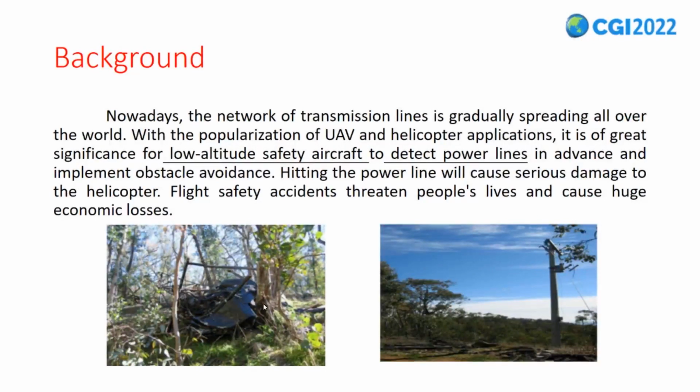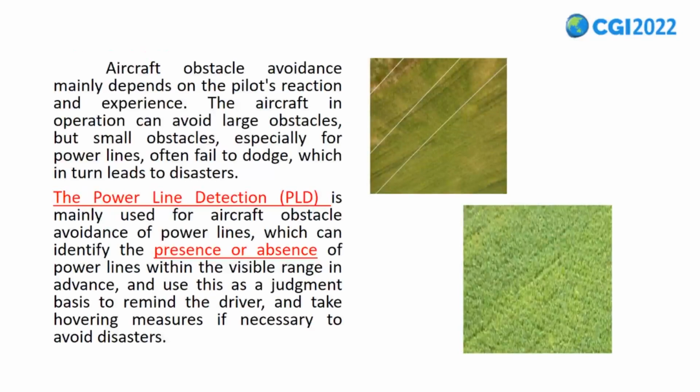Just see these two figures. They caused huge economic losses and loss of people's lives. Aircraft obstacle avoidance mainly depends on the pilot's reaction and experience. So the aircraft in operation can avoid large obstacles, but small obstacles, small targets such as power lines, are hard to